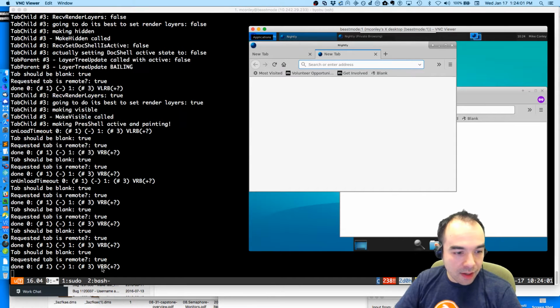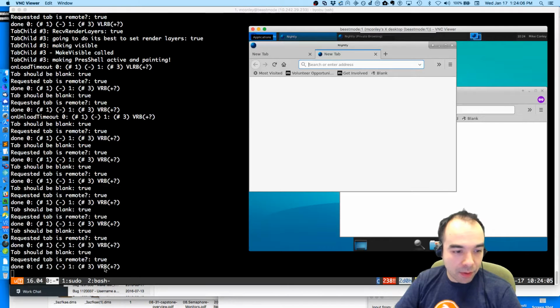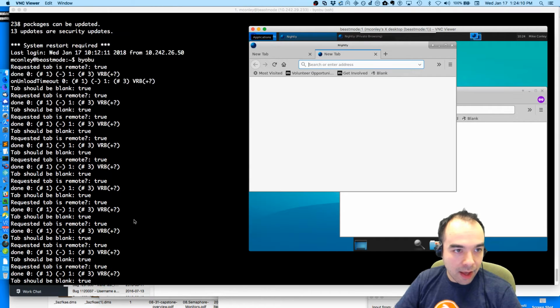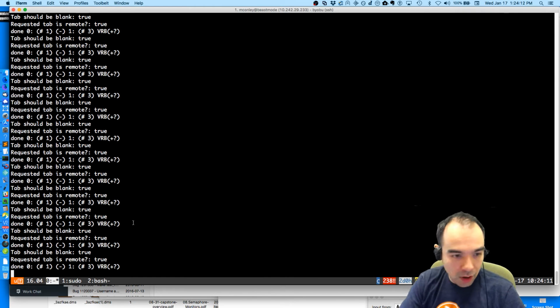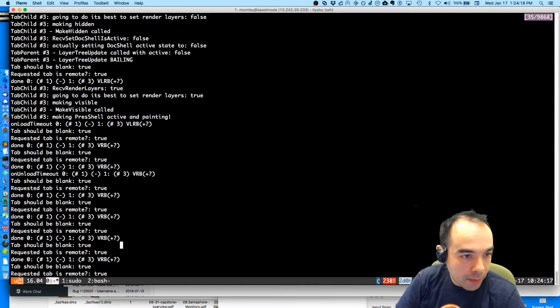So notice that the window is blank. It's been requested, but it's blank. And if I go back up further in the log, function F7 allows me to go up. Tab child 3 is told to render layers. We're told to make the pres shell active and to paint.